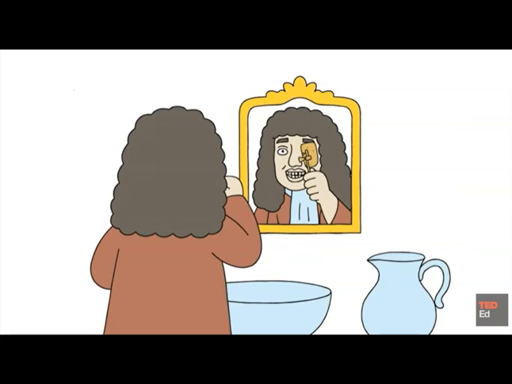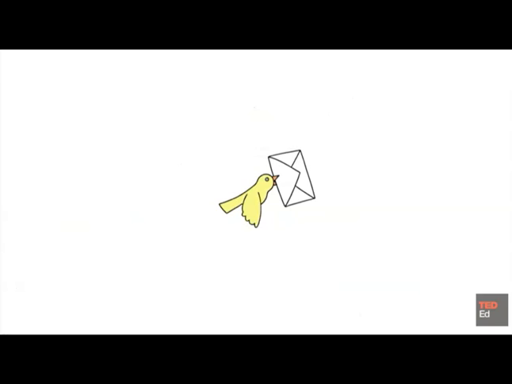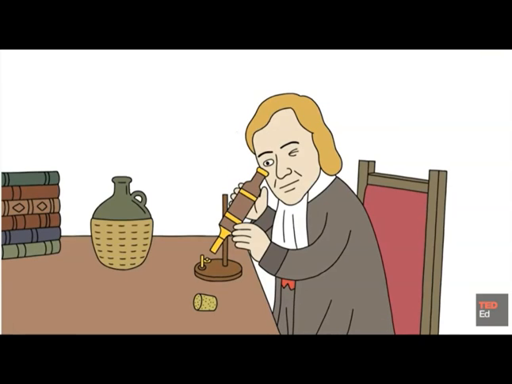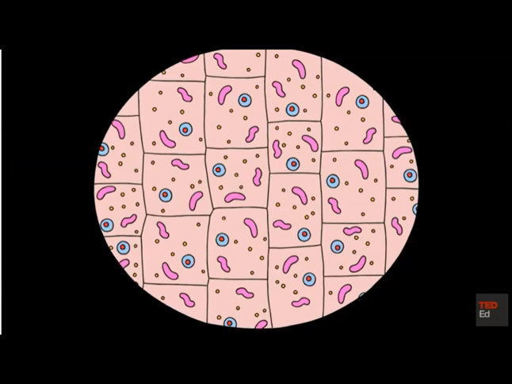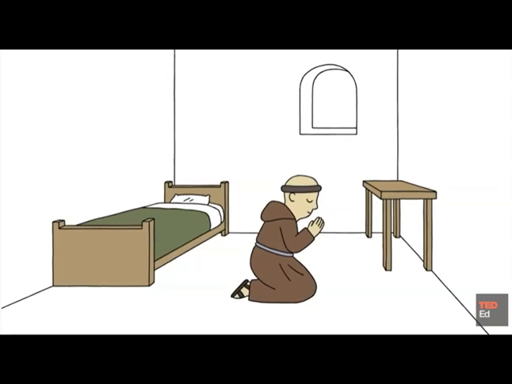While Leeuwenhoek was staring at his teeth gunk, he was also sending letters to a scientific colleague in England by the name of Robert Hooke. It is Hooke who we can thank for the term the cell, as he was looking at a piece of cork under his microscope, and the little chambers he saw reminded him of cells, or the rooms monks slept in